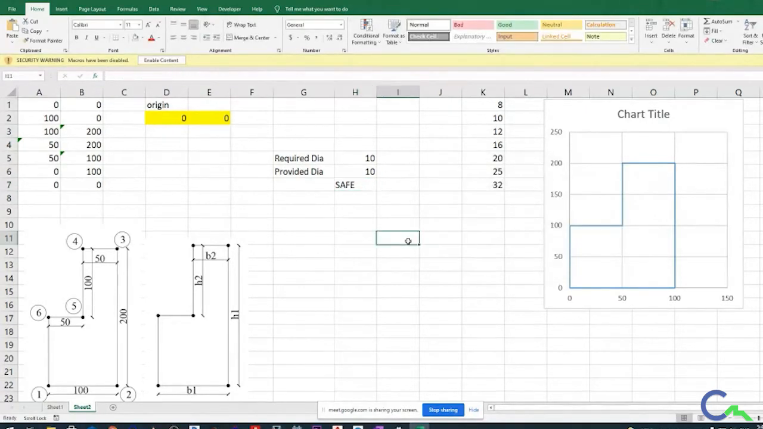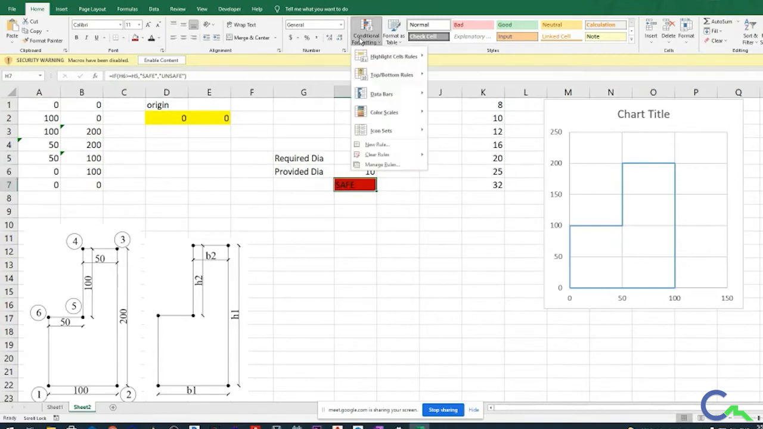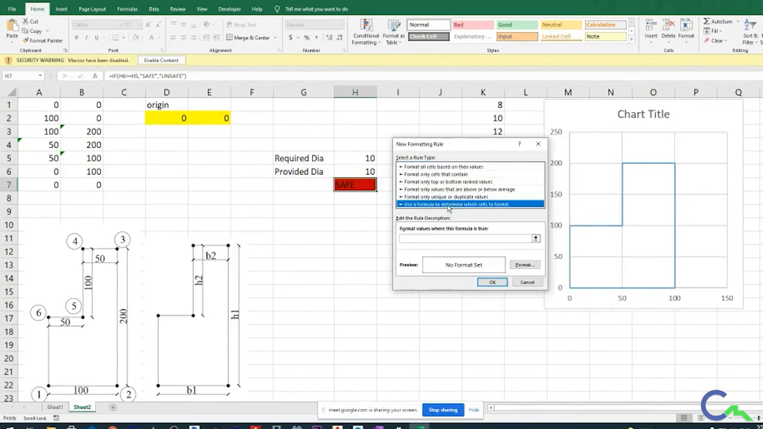Okay, now I explained what is list and if. With this advance, I will show something. So initially I will make this as red color. Now I will go to the conditional formatting. Okay, I will go to new rule. In that I will go to the last option. So what I have to do, if this is greater than or equal to